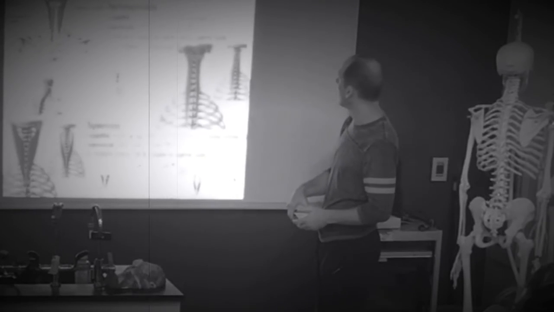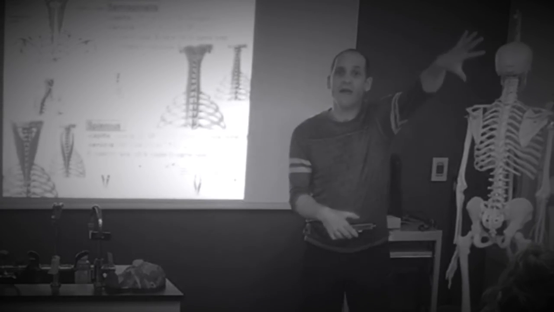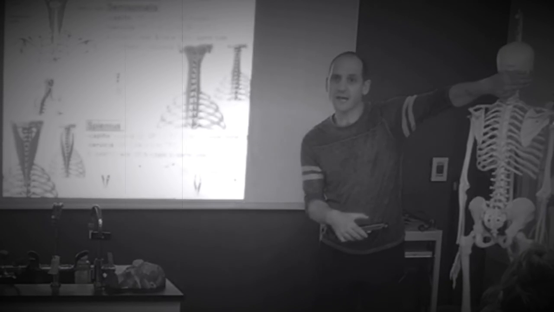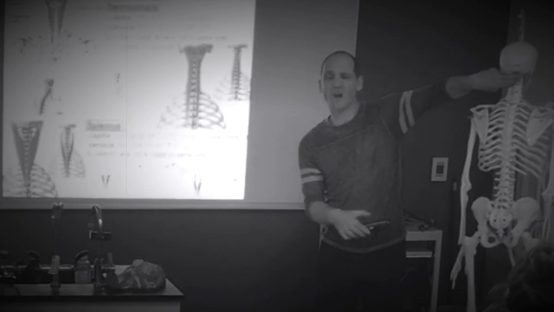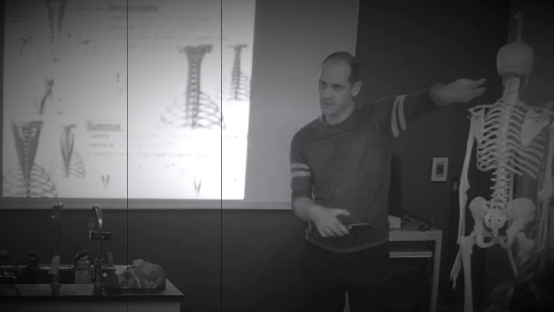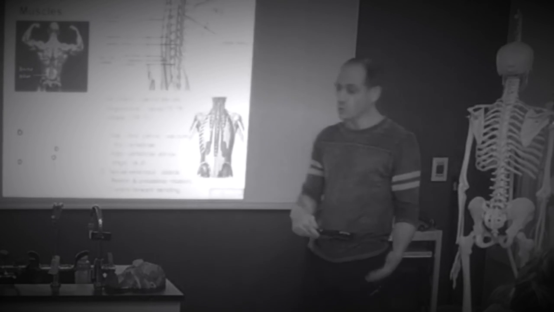Okay, so those are the two more neck layers. So now in the neck, we have the trapezius on top, the semispinalis and the splenius in the next layer, and then the deep recti capitis and obliquus, these smaller muscles. Okay? Then we go to the back. And in the back, we got maybe two layers that we want to